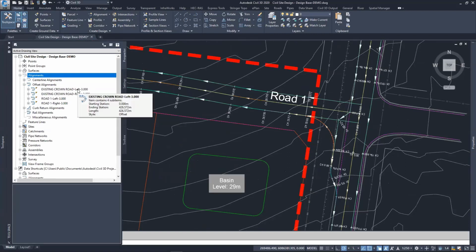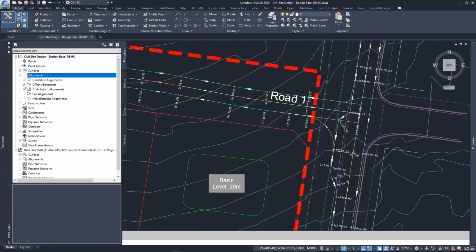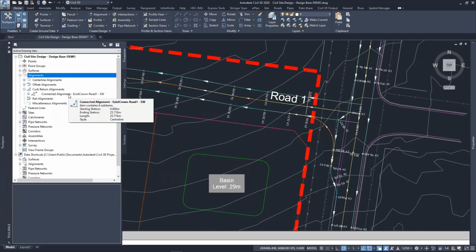Both that you can see here, these parameters have been filled in for left and right at 3 metre offset, for Road 1, left and right 3 metre offset. And the curvature, which I've already done, we will be doing another one later on. So this is the connected alignment between existing Crown Road, and I give it the SW for southwest suffix, just